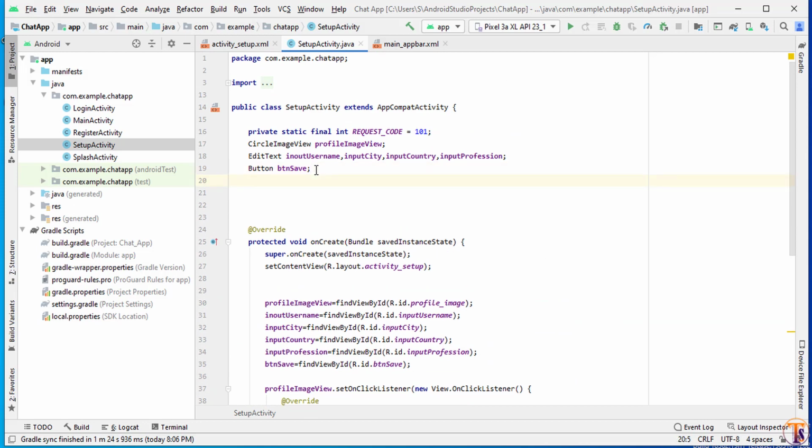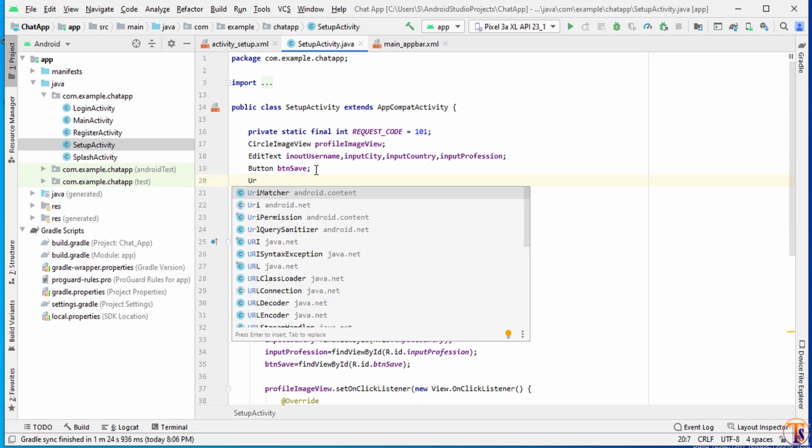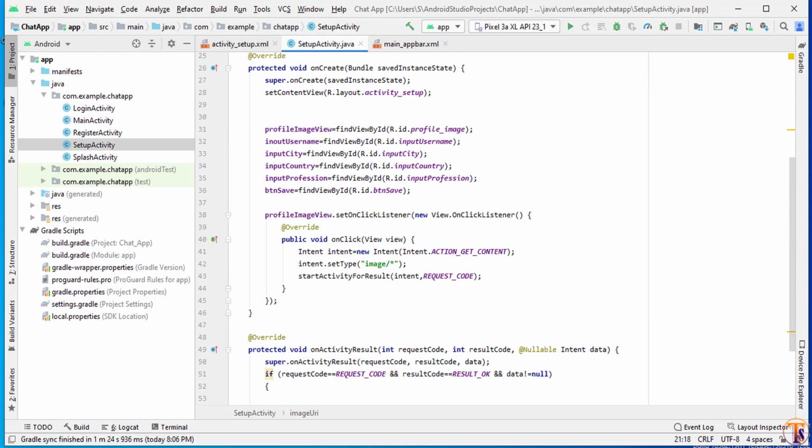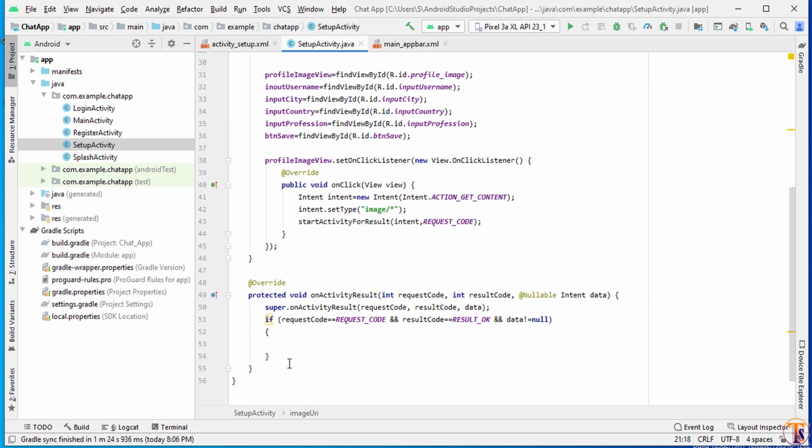So after selecting the image, it will return the URI of that image. So here we will create the URI. I will simply call it image URI, and here we will assign that image URI. Image URI equal to data dot get data.